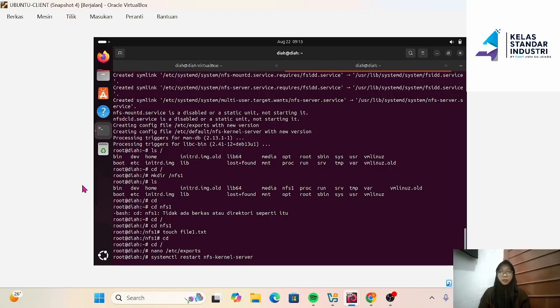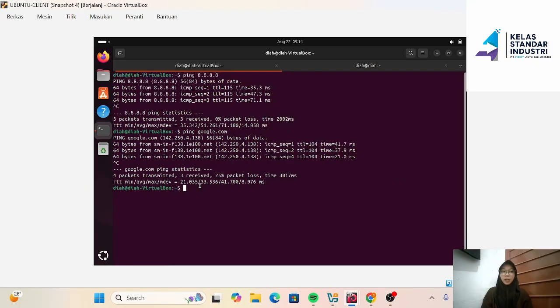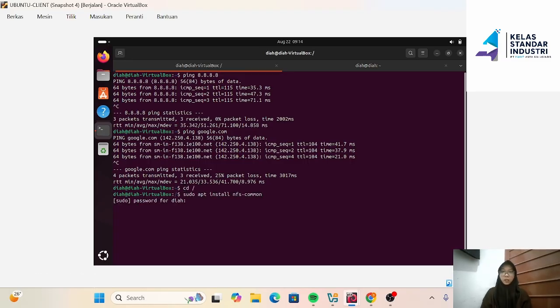Okay, enter. Next, we will access the directory shared from server 1 using NFS from the Ubuntu desktop client side. On the client side, install the NFS client package or NFS command. Enter. Enter password.